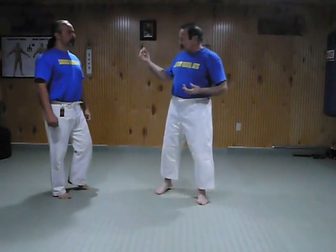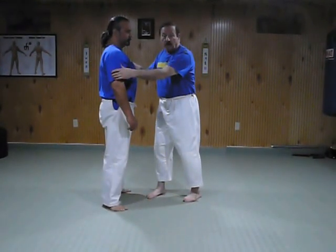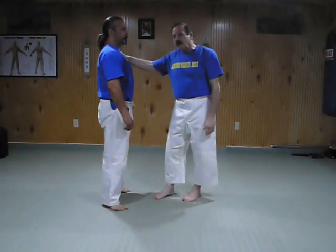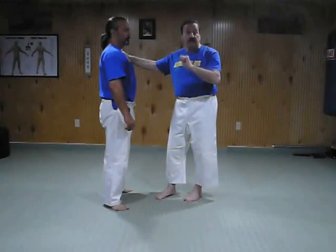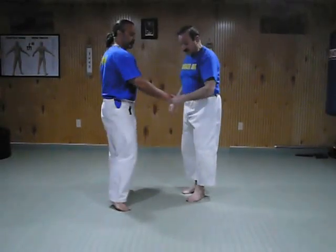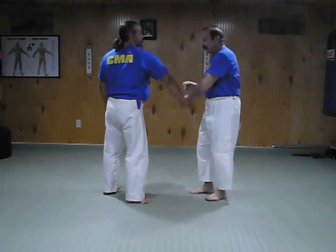Now, this one here I like, it's called a compound hammerlock. What does compound mean? It means that I'm going to put pressure on more than one joint. Actually, the hammerlock puts pressure on the shoulder and the elbow, but I'm going to show you a finger hammerlock, where we use the fingers and the hammerlock. So, if Paul's doing this and I grab his fingers, and I come in,